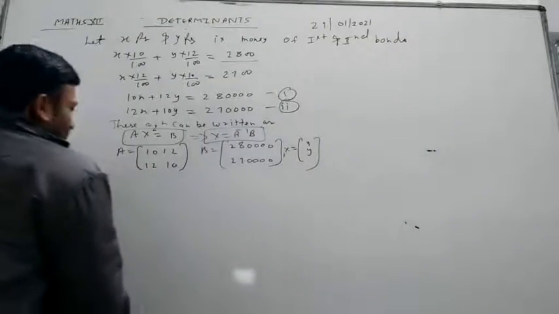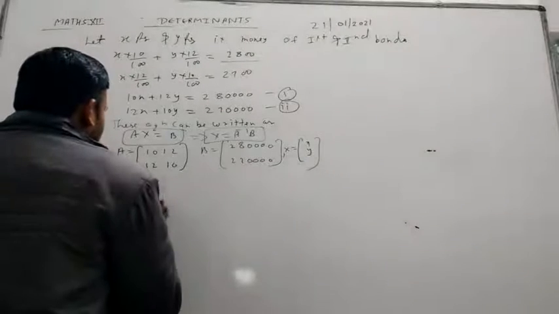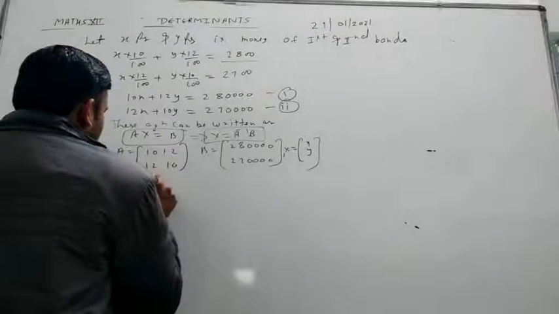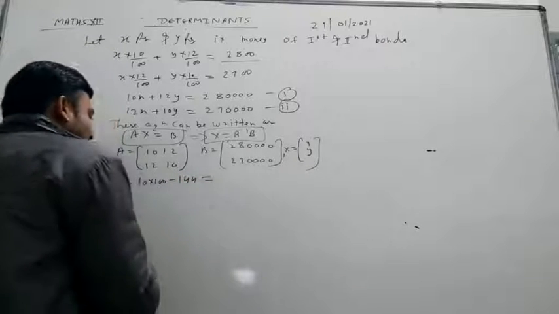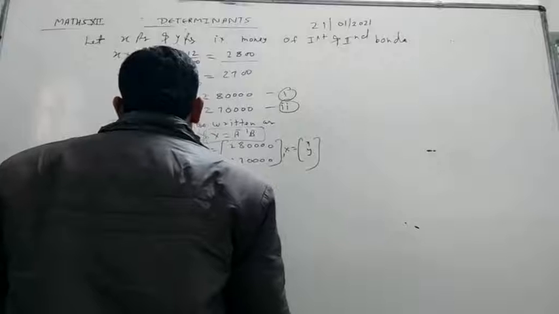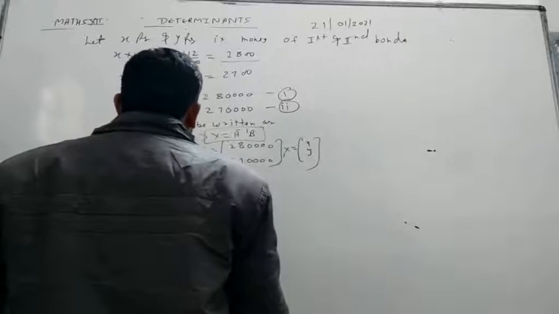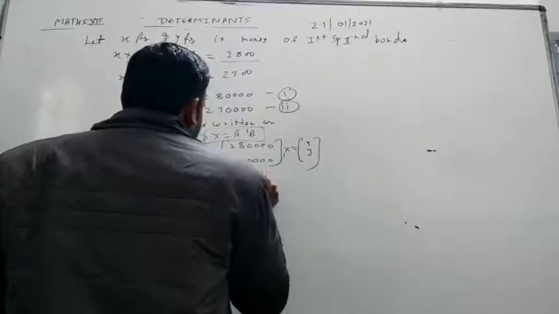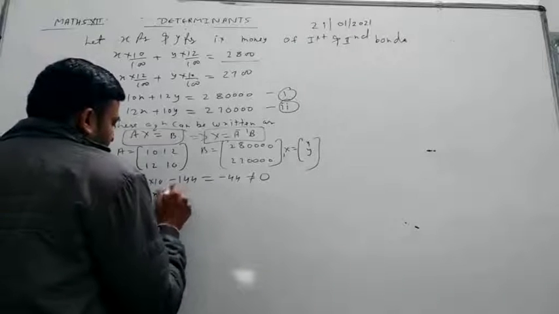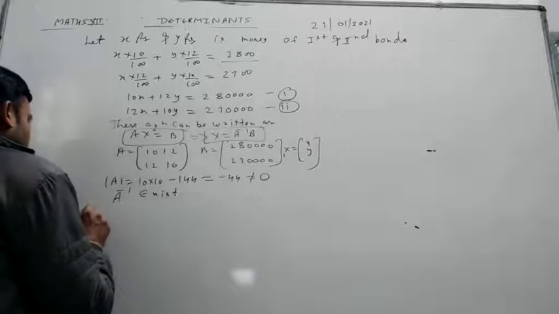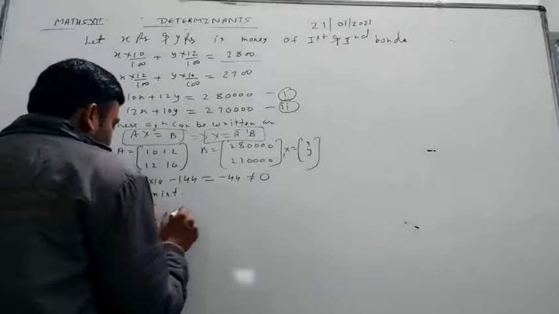Now first we find the determinant of A, so we get 10 into 10 minus 144, which is minus 44. So this is not equal to 0. So we can say that A inverse exists. So we will find its adjoint of A, and the adjoint of A is